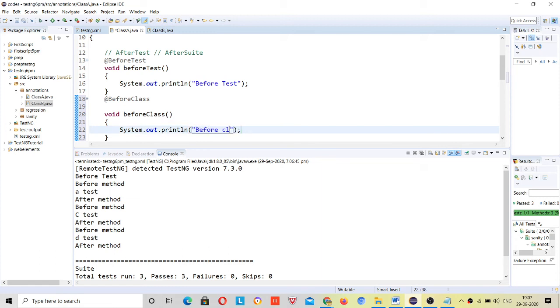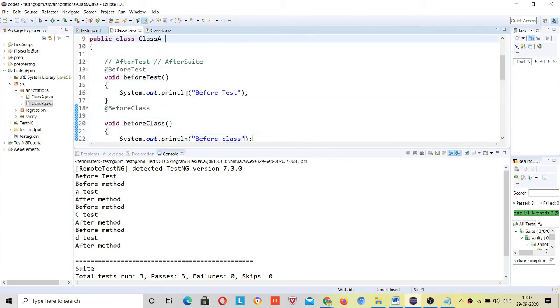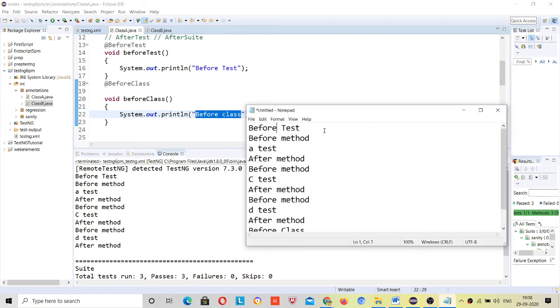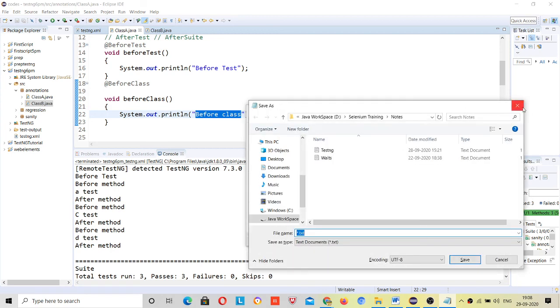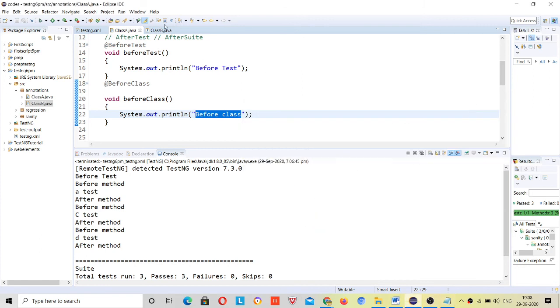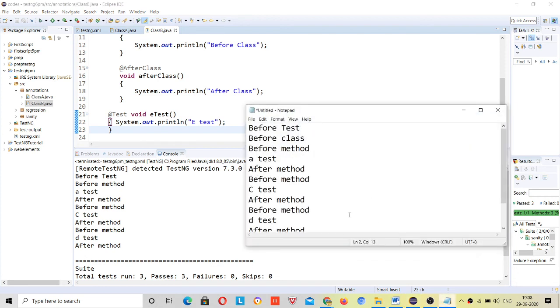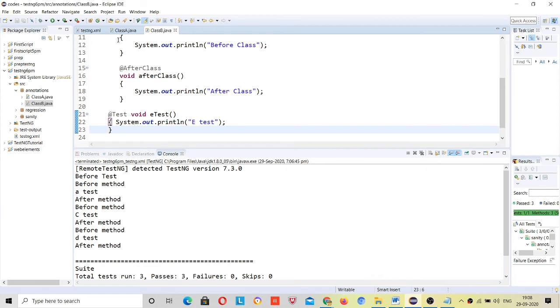Before class. So before test, this will be here, right? It should come before test, then this class, before class. Let me run it, and these two results, before class at the last, e test, and then this will be your result.